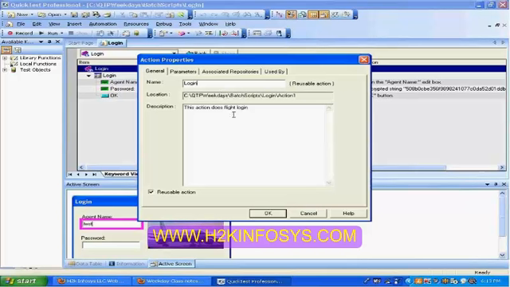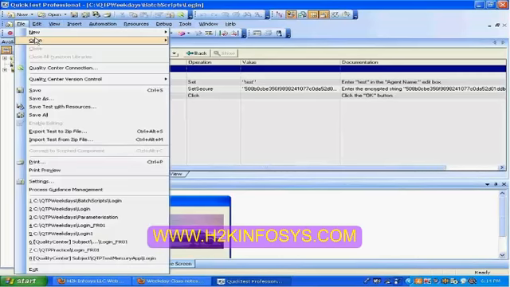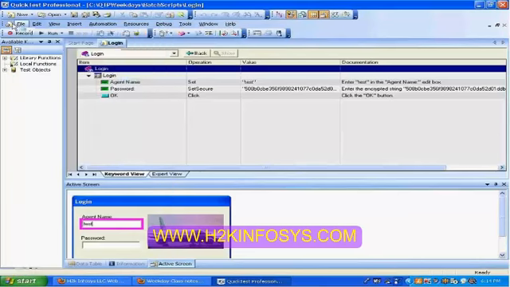Also, you're going to put all the other details, such as the description of this particular action. That way you can rename the action to a proper name. Once you're done with this, you can create multiple scripts with multiple actions. The next thing is you're going to create a master script. How you create a master script to call all the scripts one by one is: